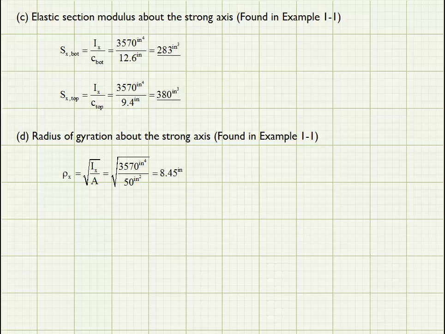Then we use those values to calculate the section modulus to the bottom fiber and to the top fiber. So we have two values for S sub x, depending on the different distances from the elastic neutral axis to the extreme fibers. And then we calculated a radius of gyration of 8.45 inches, and we have been more often calling that R sub x. Okay, so that is a very quick review of what we had done back in lesson plan 1,